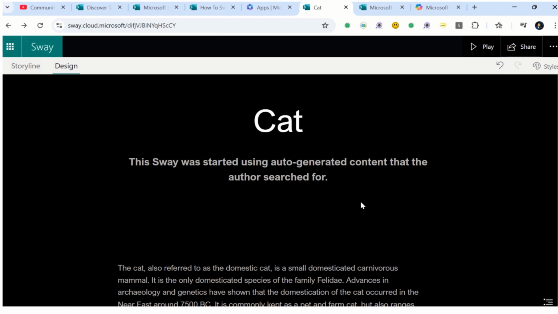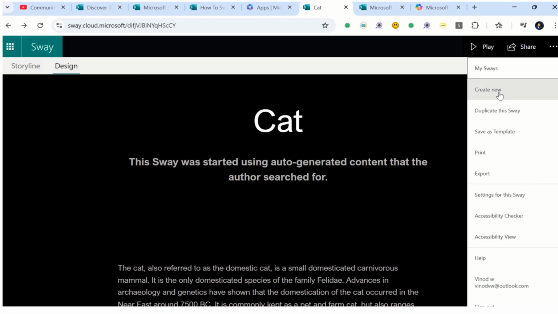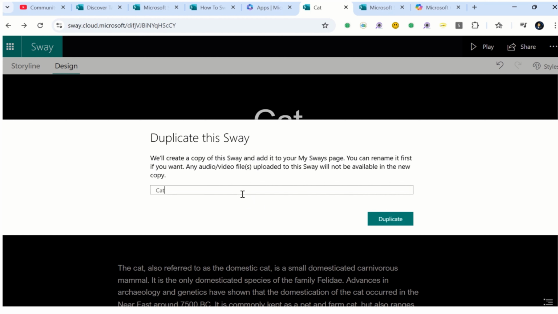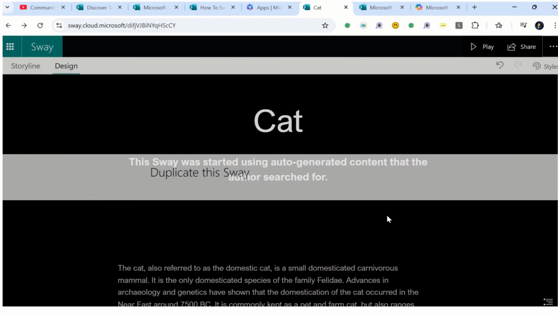Cool. So now since we are done with this, now we'll just click here on the option called three dots over here, discover more options available. My Sway, create new, again we'll start from scratch. That time we'll click on this option, duplicate this Sway. Many other times, when you are getting a sign off from the client, and you are good with it, that this will be the theme you will be adhering to henceforth, so and so font you have to follow, that time you will use this option called duplicate this Sway, and you will create two copies of the duplicate. Okay, I'll just say cat2 and duplicate